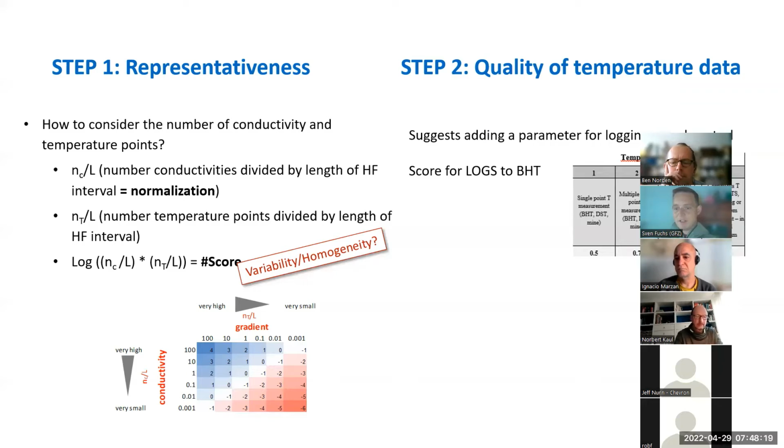So, in this table, you would add 2 further columns here for this one, but corrected after long shut-in, and for the multi single point temperature measurements also with a corrected or long shut-in time. So we would have 6 instead of 4 columns, for example, but would keep it relatively simple,